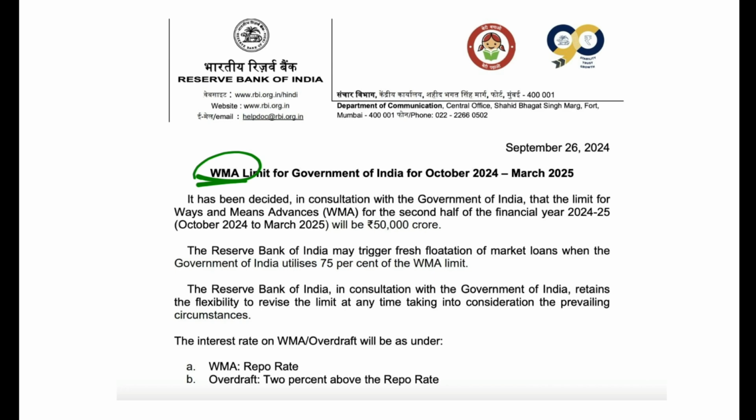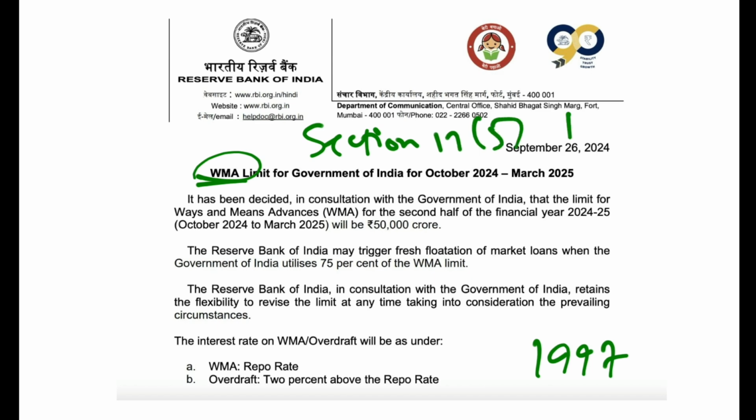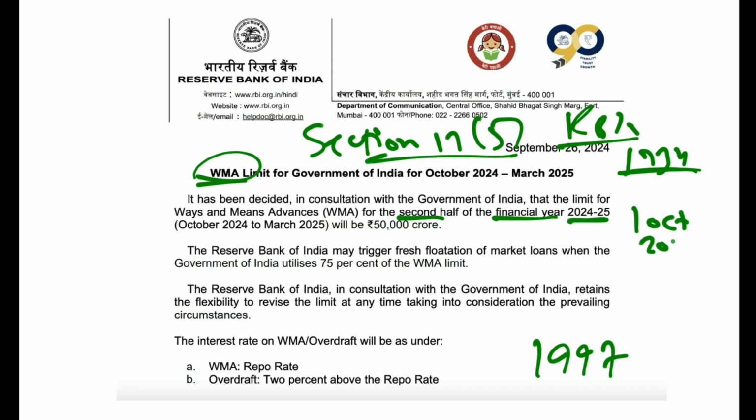Ways and means advance is a facility that was launched in 1997 by the Reserve Bank of India, and according to section 17(5) of the RBI Act of 1934, RBI can give loans to the states. This section 17(5) of the RBI Act of 1934 authorizes the RBI to lend to the central government as well as the state government. And in the second half of the financial year 2024-25, which means from 1st October 2024